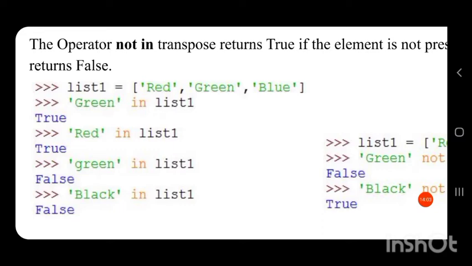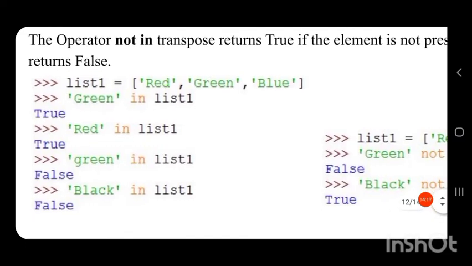So this in operator will check whether an element is present. If it is present, it will return true. So green in list 1 will return true because green is an element of list 1. Next, red in list 1. The in operator will check whether red is an element of list 1.